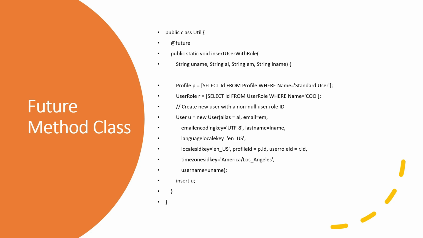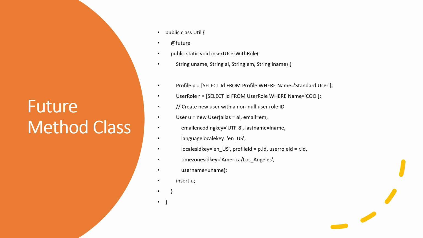And again, we are querying the database, selecting Id from UserRole where name is COO and storing it into the UserRole object, and the variable name is r. So now we are creating a new user with the non-null user role ID. So we are creating a new user and passing all these values, alias,